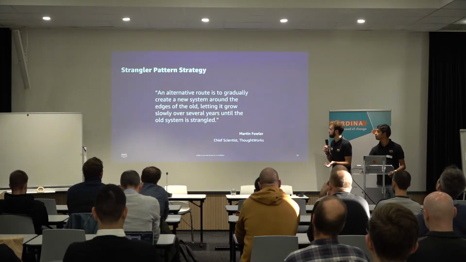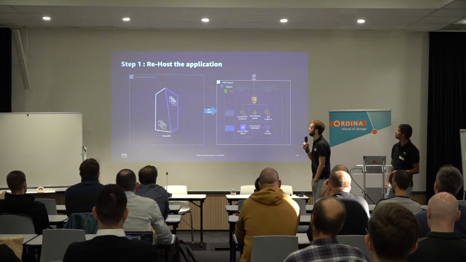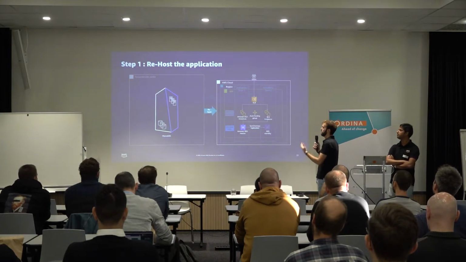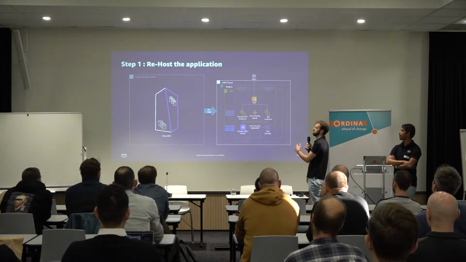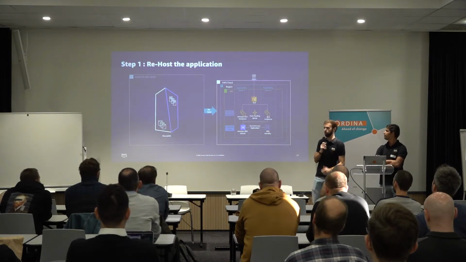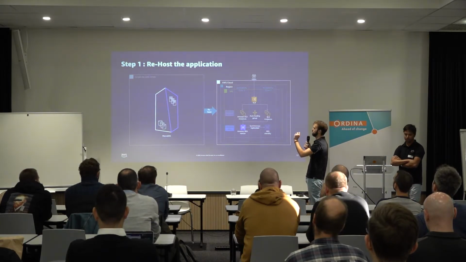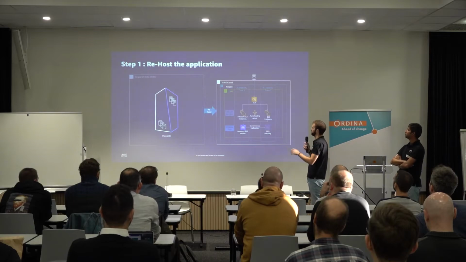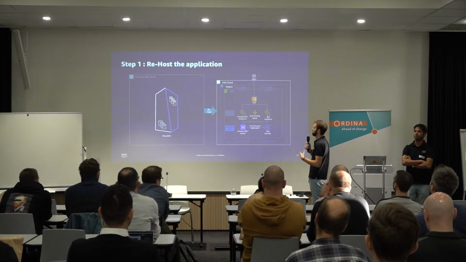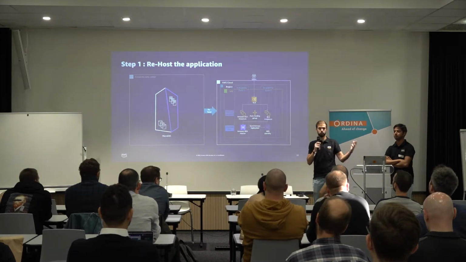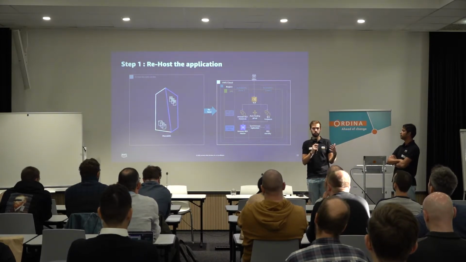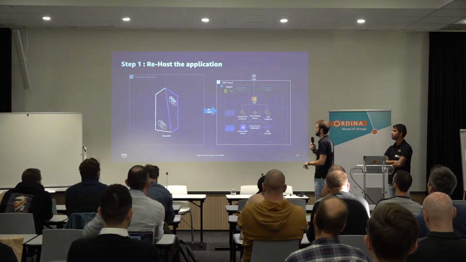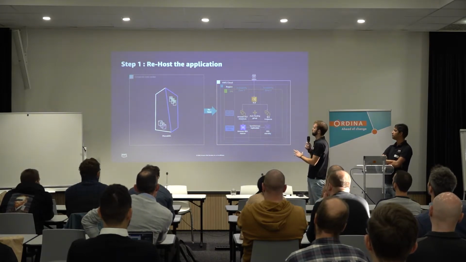So to do that, we start with an example with a monolith application that would have both, let's say, application layer and database hosted on-prem. The first step for the approach is to rehost the application on the AWS cloud. So as you can see, we're going to move the web and application layer to EC2 virtual machines, running maybe behind an elastic load balancer. You have an auto-scaling group that you can use basically to scale the infrastructure based on the load of your application. And the database layer in this case was moved to an RDS with replica in a multi-availability zone setup.